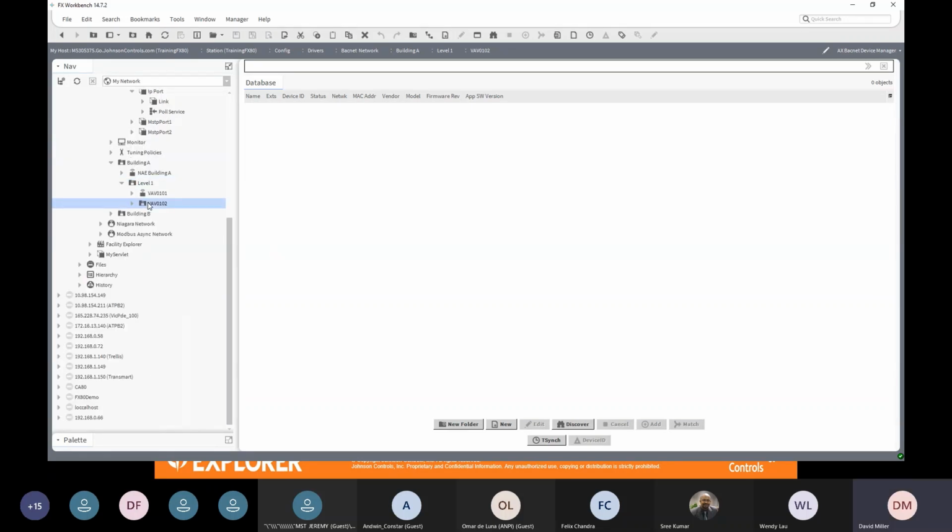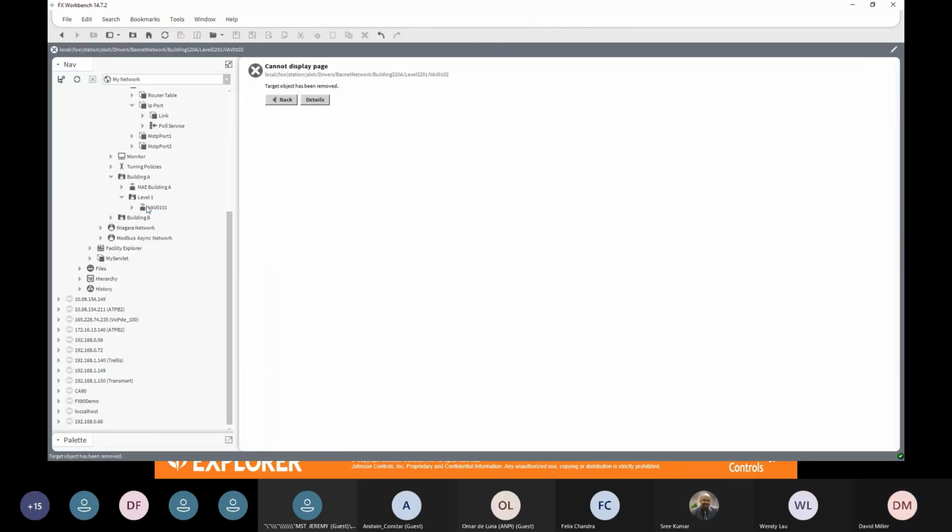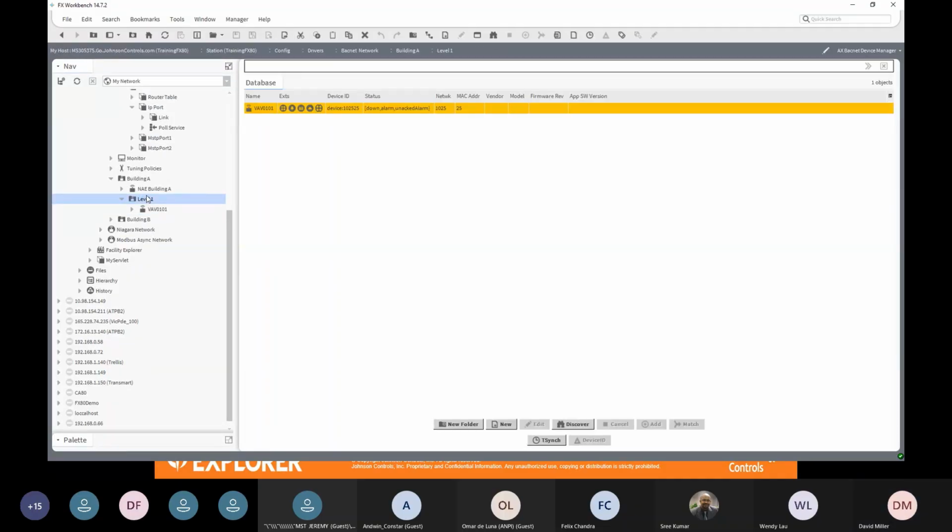Oh, sorry, I created a folder. Sorry, so I'll delete that. Clicked the wrong button. So I'm at level 1, and I create a new device, a new BACnet device,